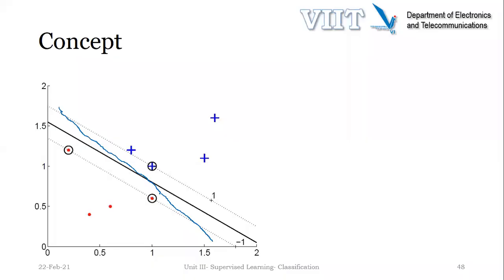This sample is very close to the classification boundary, whereas this sample is away from it. As far as the margin is concerned, margin is the distance of the closest sample point from the